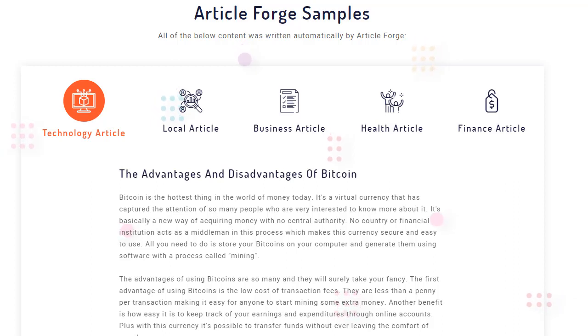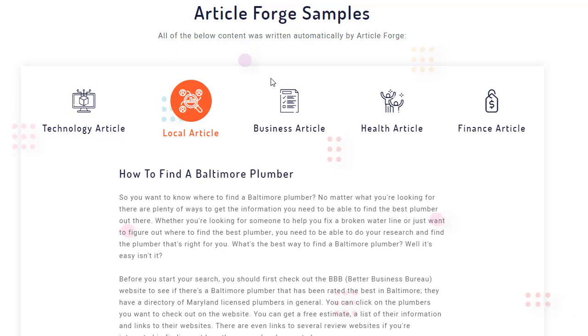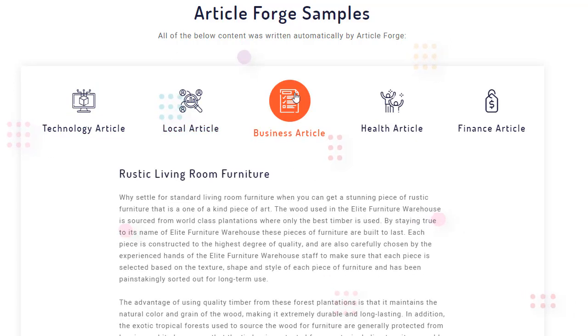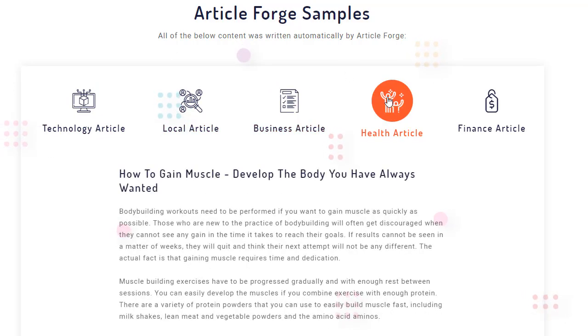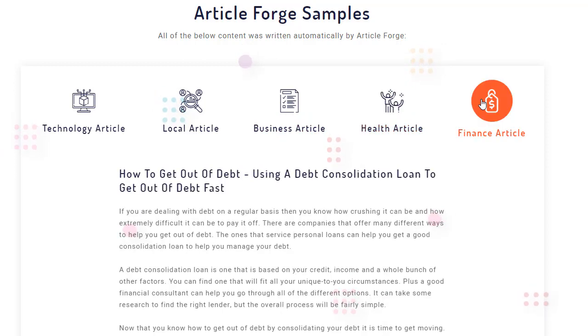A big reason for that is the quality of the articles it generates. However, another big reason for that is the control you now have over the content Article Forge writes. So I'm going to go over some of the cool ways that you can control how Article Forge writes. I'm going to do this by going over each of the example articles on our homepage and some of the tips and tricks you can learn from those articles so that when you use Article Forge, you can create similarly